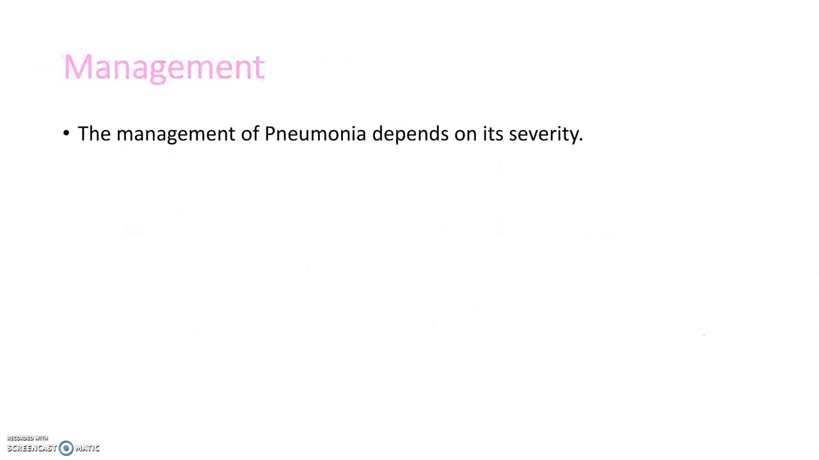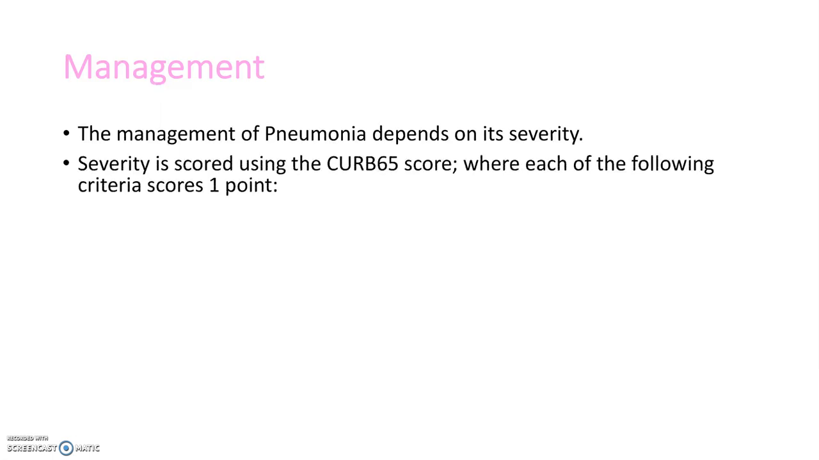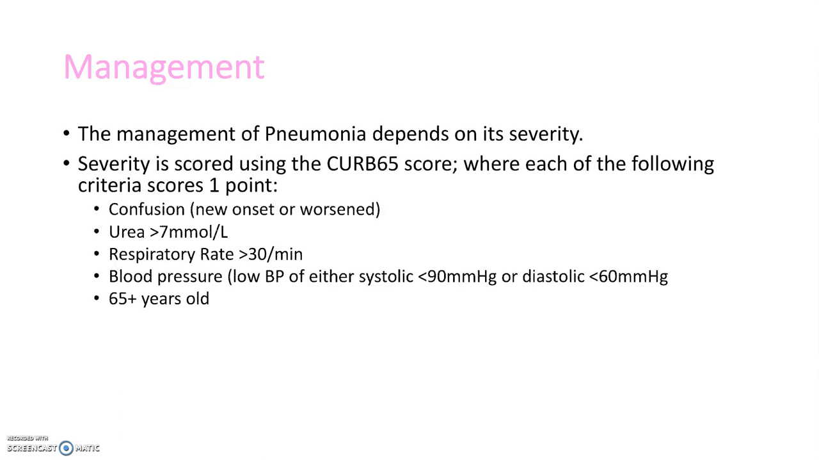When managing a patient with pneumonia, you first need to assess its severity. Severity is scored using the CURB-65 score, where each of the following criteria scores 1 point. Confusion, ideally new onset or worse from baseline. Urea of greater than 7. A respiratory rate of over 30. A low blood pressure of less than 90 systolic or less than 60 diastolic, or the patient being aged over